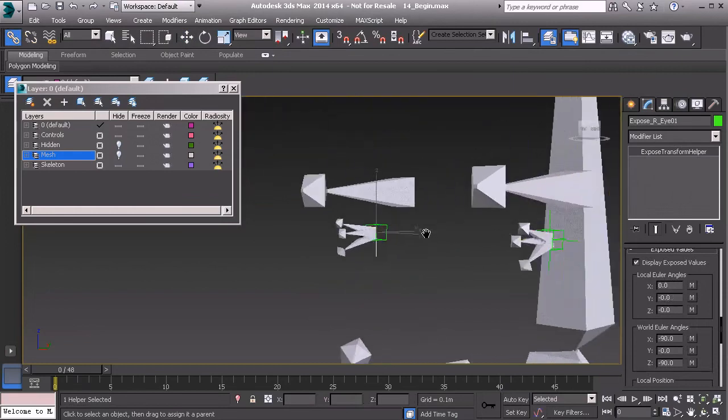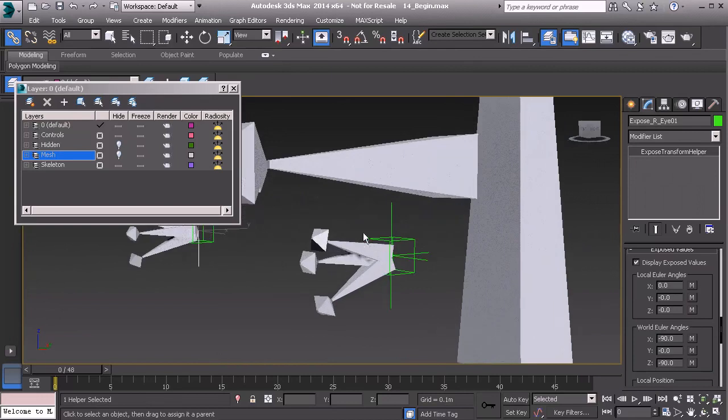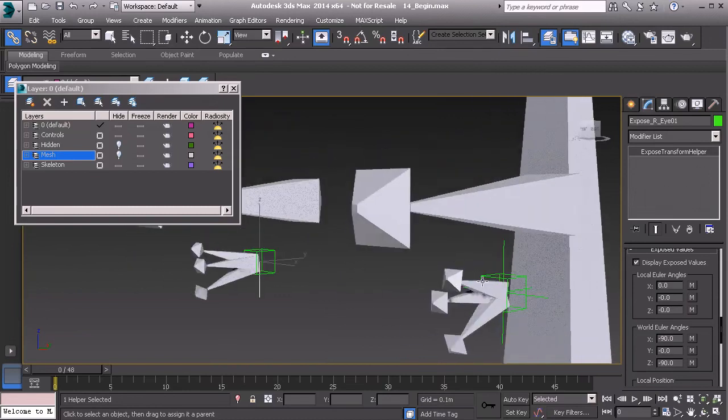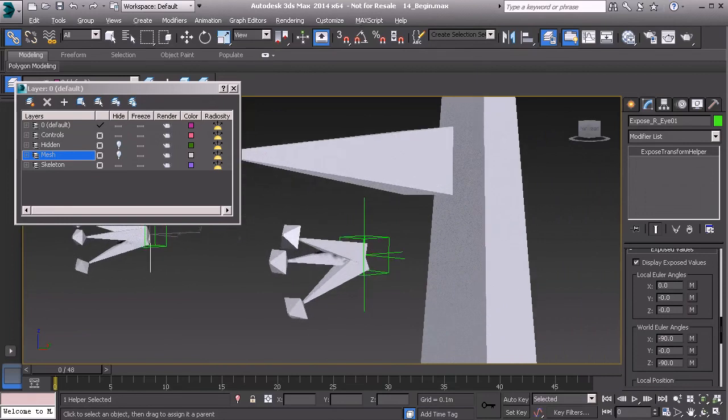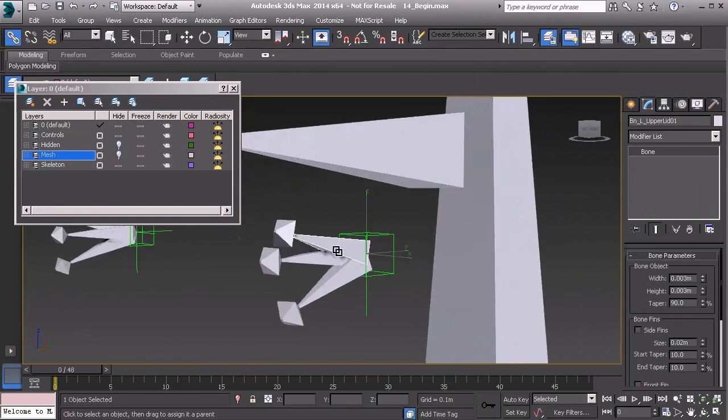Alright, sweet. So it's now time to create the fleshy eye system. Now, I'm going to go ahead and work on the left side because the right side is basically going to be the same steps. Alright, so let's go ahead and focus on this left side, and we'll start with the upper lid. I'll go ahead and press the Q key to exit the link tool,